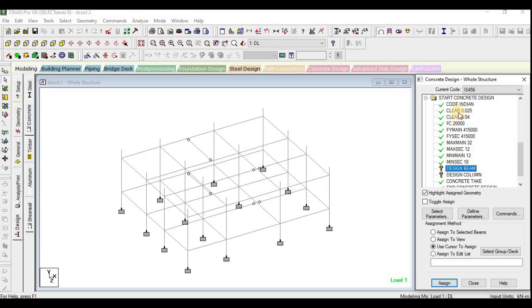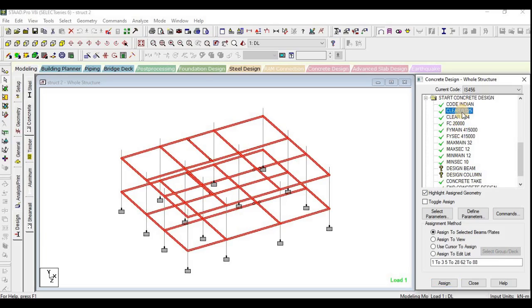How we need to assign it is design beam. For beam, I have chosen a clear cover of 0.025. So I shall choose this and just remove the highlight, because otherwise I need to go to the menu bar to select, then select the beams with Y, then again inverse selection. It is a very tedious process. So before that, to highlight the assigned property, here I have assigned for beam 25 mm as cover. So that has been highlighted.